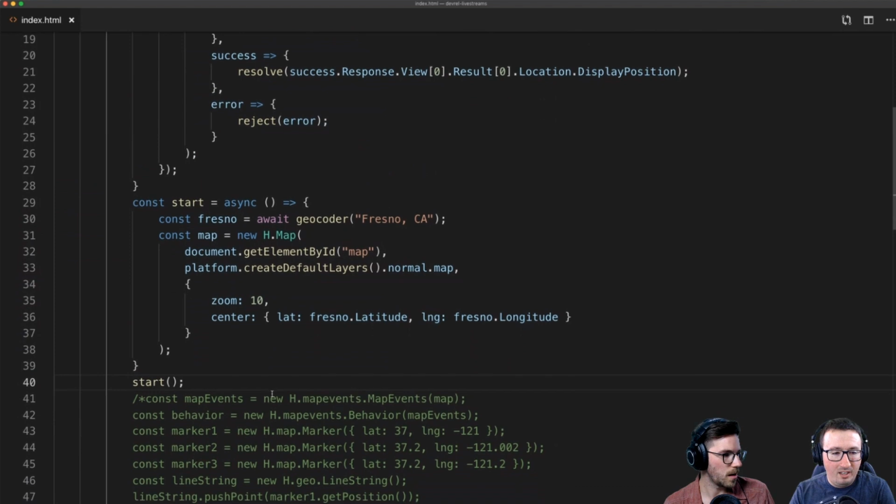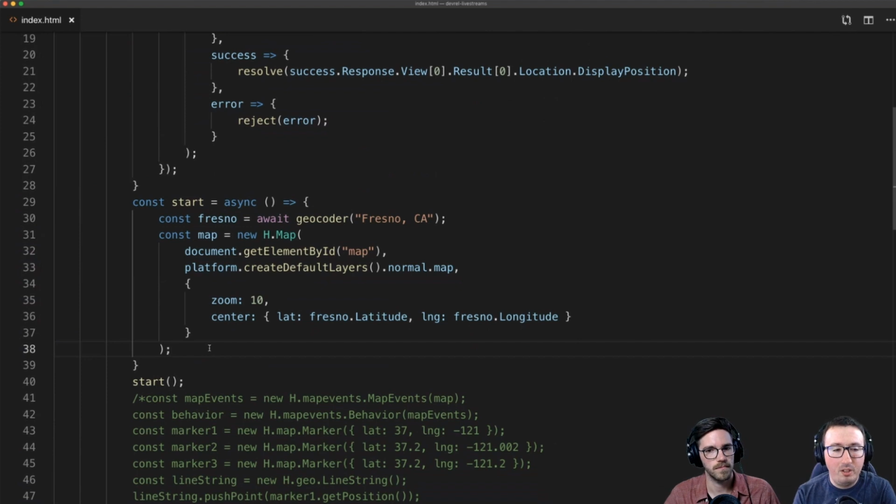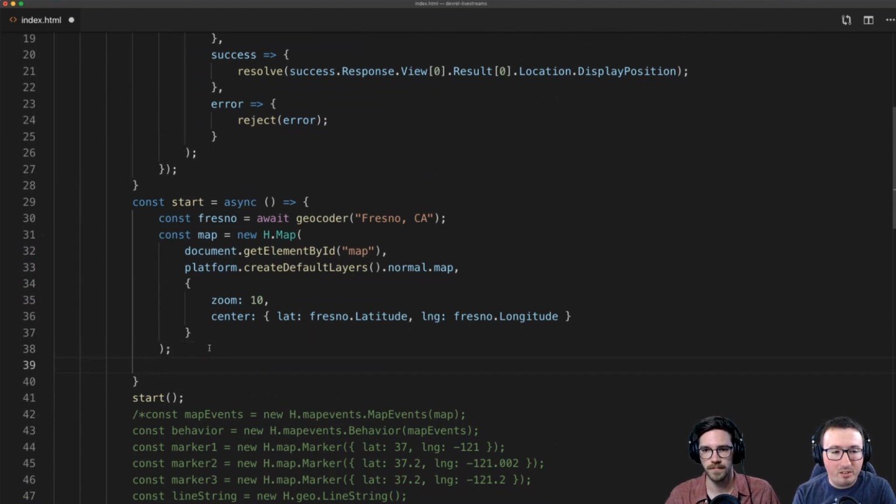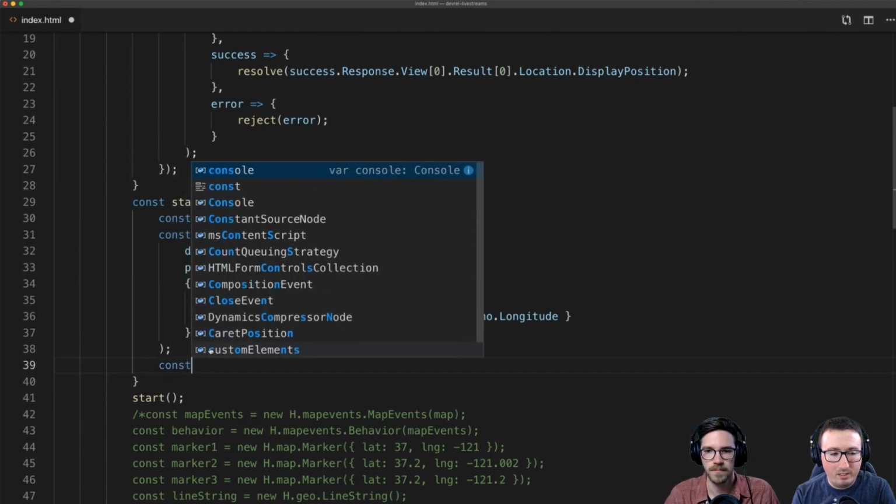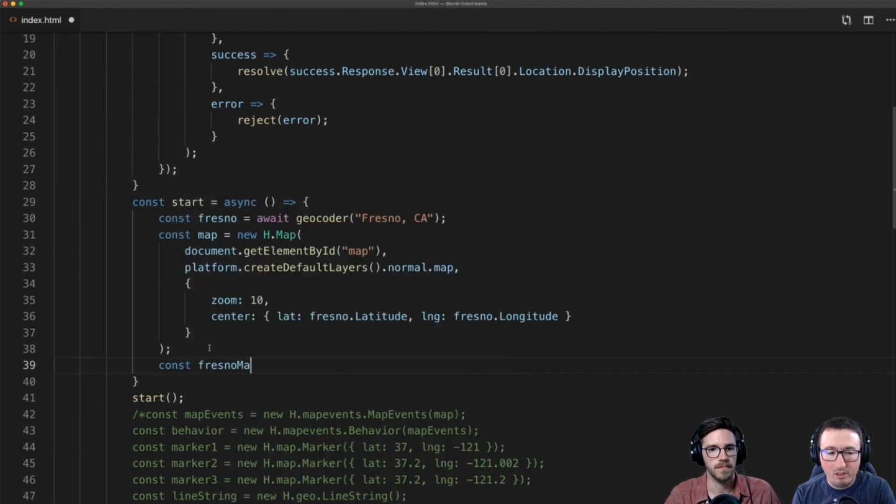Perfect. So then I'll add a marker now, on Fresno. Remember, everything going forward is going to be inside of this asynchronous function. Start doesn't have to be called start, but it does need that async in there if I want to use await. So if I wanted to, I can now say, since we've already got Fresno, let's go ahead and say constant, I'll call it Fresno marker,